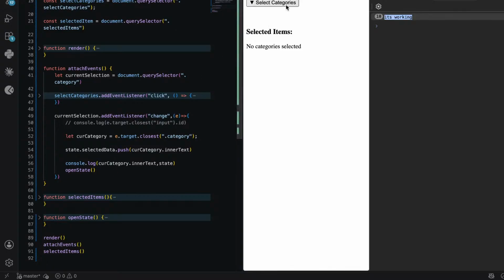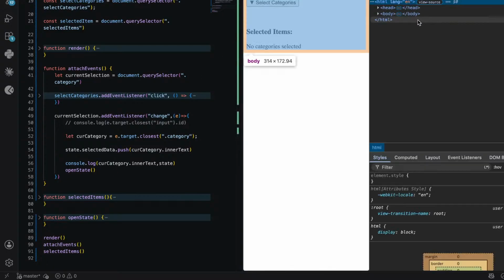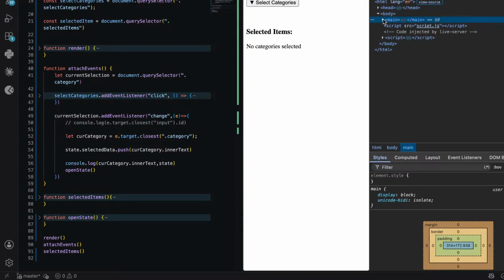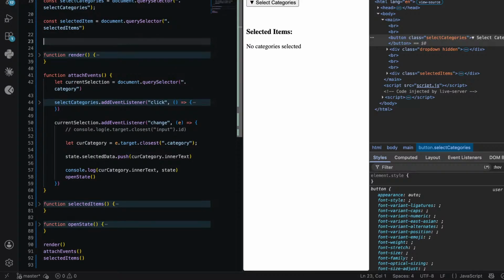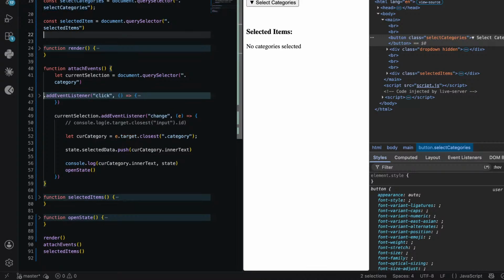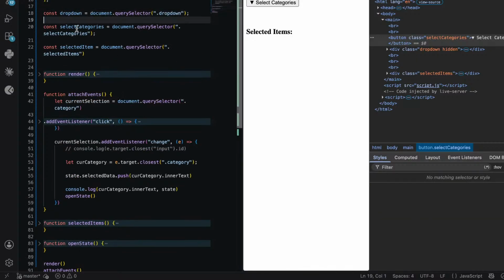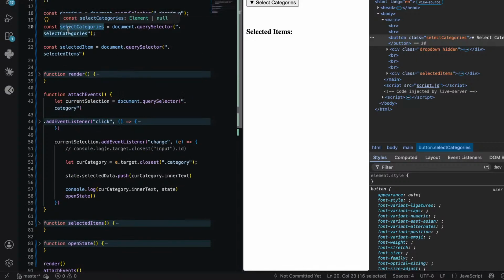I want to see first of all what the element here is. Let's see. So we have a button as select categories. Let's find out where we have it. Can we find it? Control F. Okay, no issue. Select categories is here. What is select categories doing here? Let's find out. We select categories document dot, okay, we have selected this, and this select category is